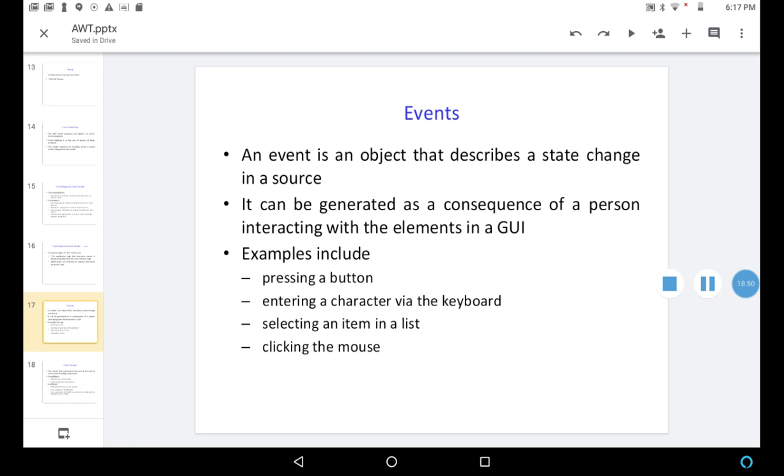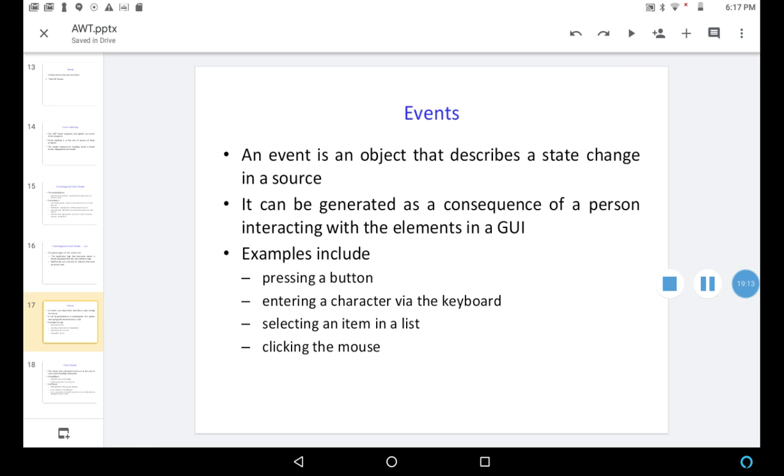For example, what are the events? Pressing a button: the user is interacting with the graphical user interface by pressing a button. Entering a character via keyboard: if he presses any character on the keyboard, it's an event.